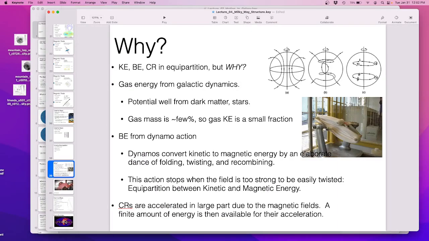How is the magnetic field related to cosmic rays? Oh, the magnetic field accelerates the cosmic rays. So the cosmic rays get their energy from the magnetic field, and they just suck out as much as they can. So they have about the same energy as the magnetic fields, because that's what's making them have a high energy. So let me give you